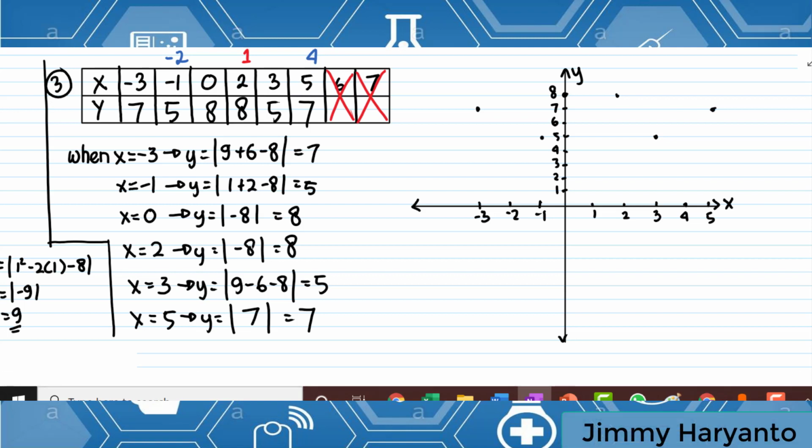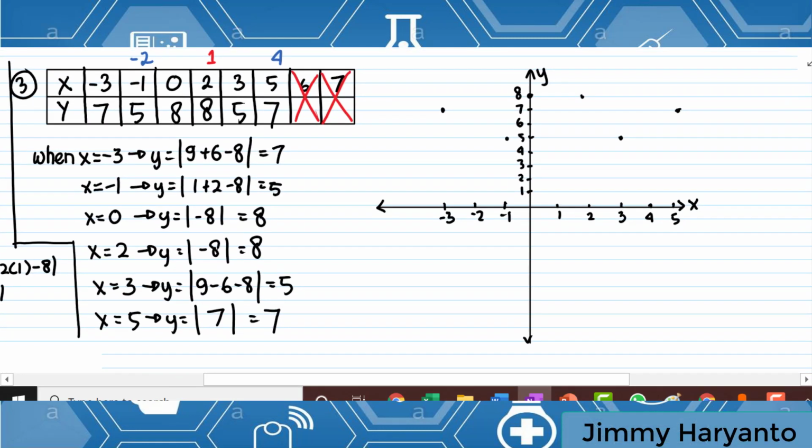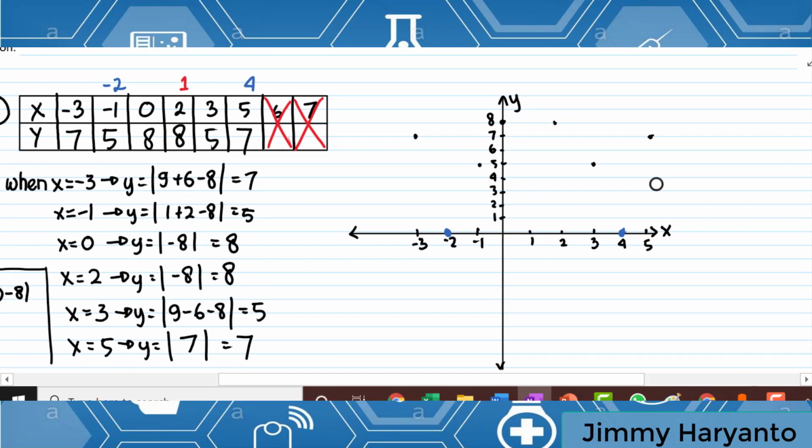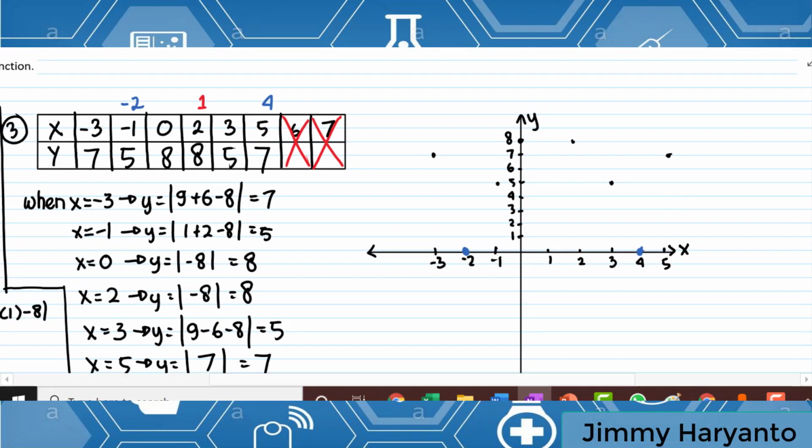Okay, so the vertex is negative 2, 0, tadi negative 2, 0 di sini, and then 4, 0 di sini. Terus ada turning point ya, turning pointnya 1, 9 tadi, 1, 9 right here. Oke, nah kita gabungin dulu yang tengah dulu yang lebih gampang ya. Turning point kayak kuadratik. Oke, and then yang ininya, nah ini gambarnya bisa gini ya.